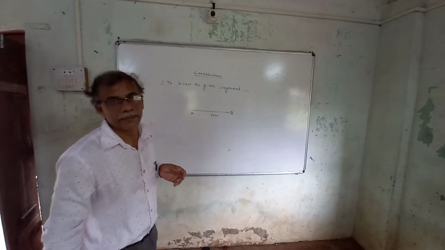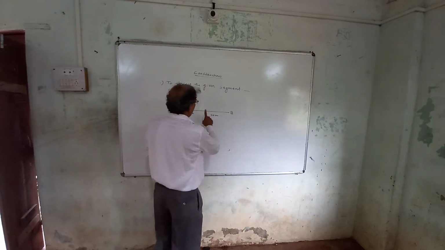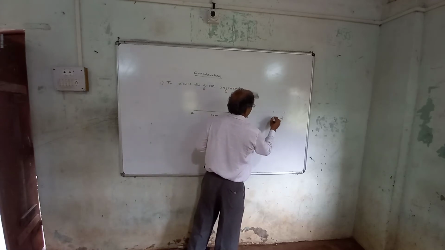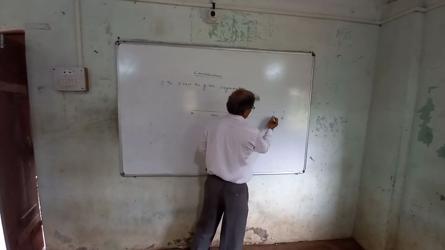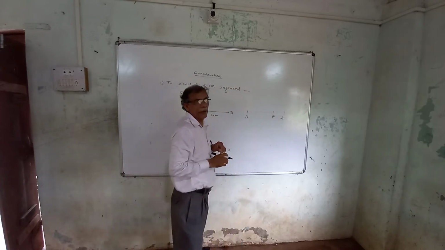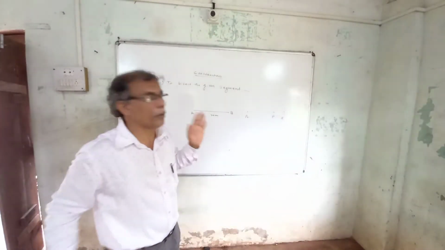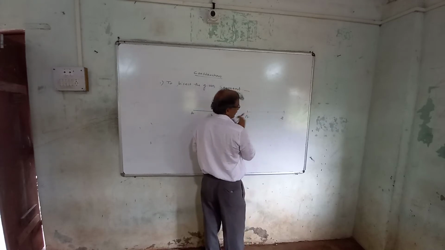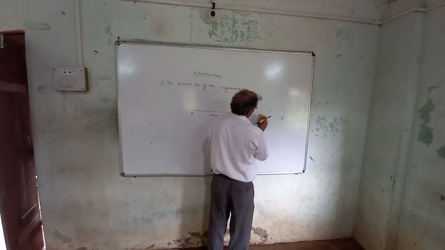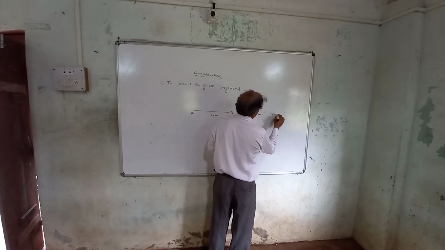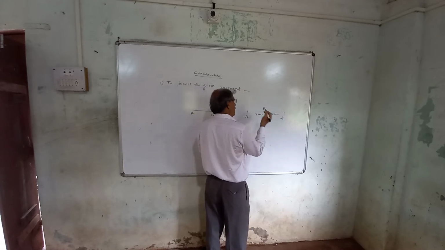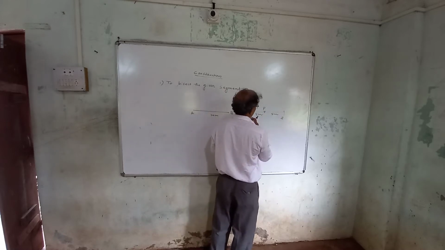Now to bisect this means dividing into two parts. Suppose this is the segment AB. If I mark a point P here somewhere, this length and this length will not be equal. So P is not going to bisect it. Even if I mark P somewhere here, this length and this length are not equal. But if I mark this point P somewhere here, so that this is 5 cm and this is also 5 cm, this P is called bisecting, it bisected. Or in other words, P is the midpoint of AB.